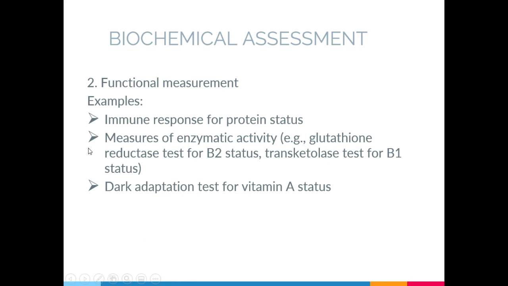Okay, so these are just a few of the examples of the functional measurement under the biochemical assessment, because in here we do not just merely measure the concentration of the nutrients in the blood and other specimens, but we actually measure the function of those nutrients. Okay,